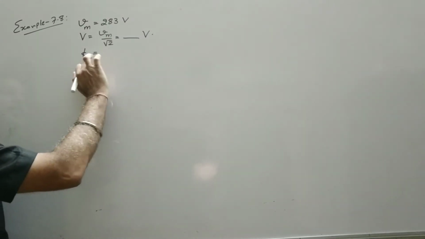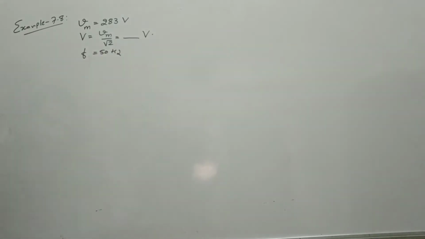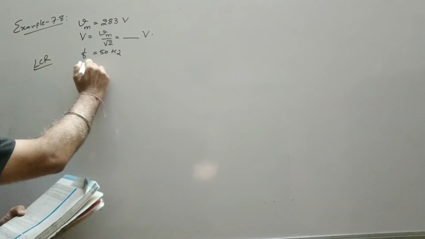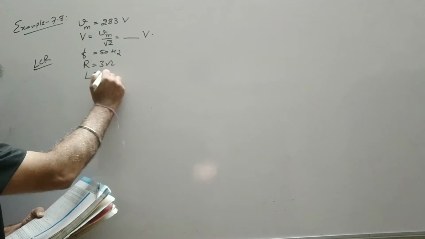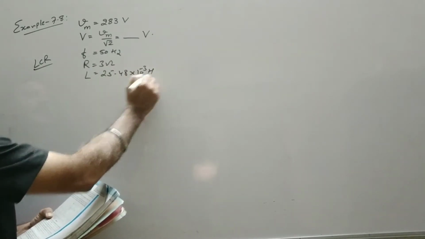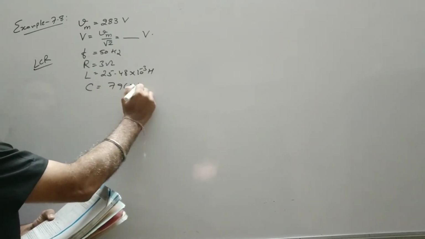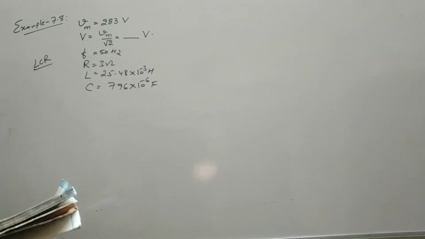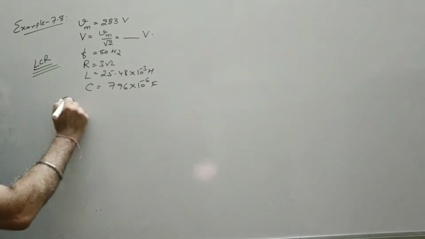So the frequency of the source is 50 Hertz, and the circuit is LCR, in which R is equal to 3 ohms, L is equal to 25.48 millihenry, that is 10 raised to minus 3. Capacitance is equal to 796 microfarad, that is 10 raised to minus 6 farad. Since it is an LCR circuit, the first part we have to calculate is